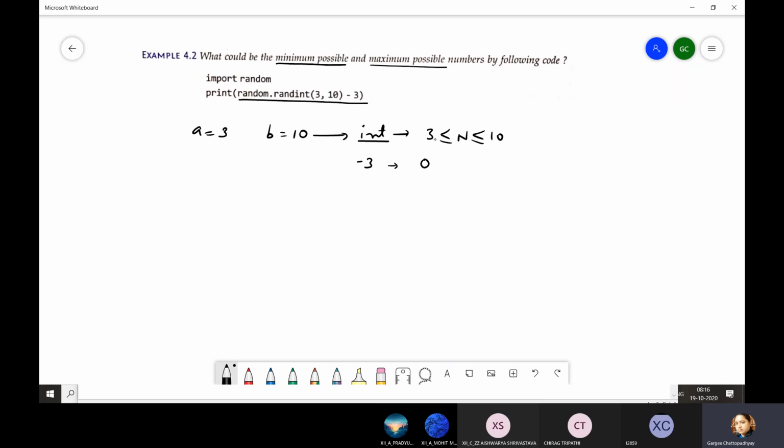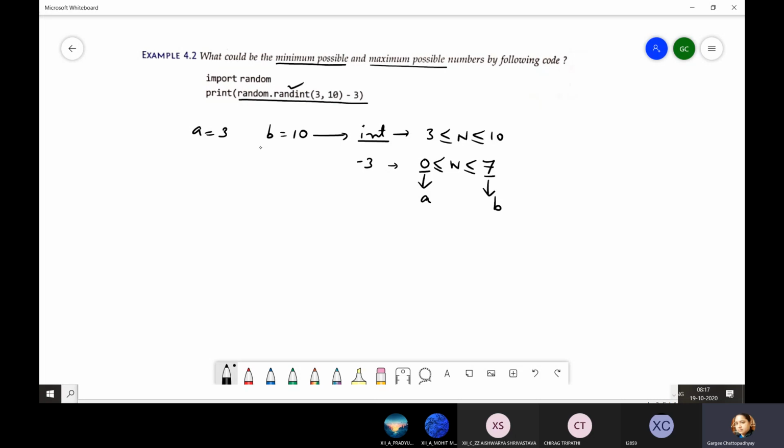So if you deduct 3 from this 3, 3 minus 3 will be 0. And 10 minus 3 will be what? 7. So now what is my lowest value? Lowest value is 0, and my highest value is 7, Pradyum, not 0 to 6, because upper limit is included in randint.